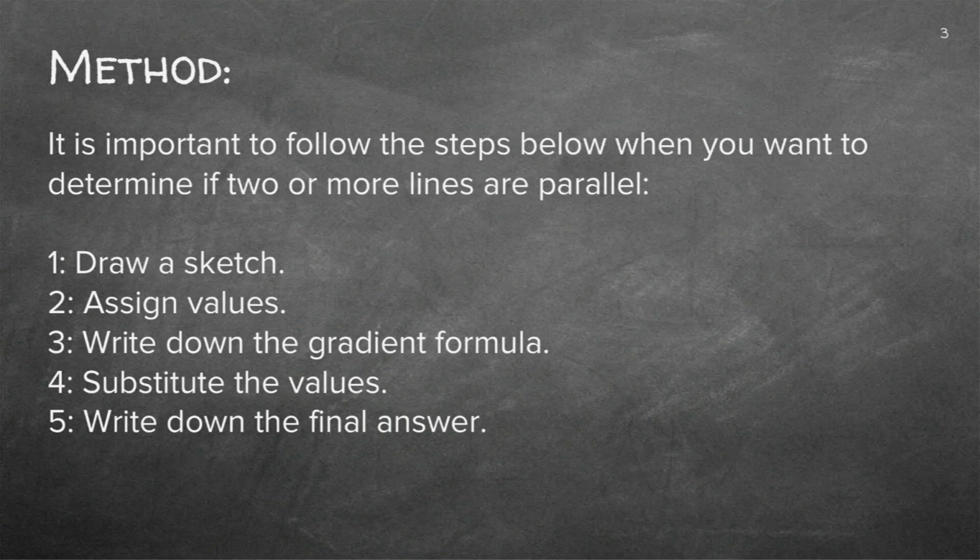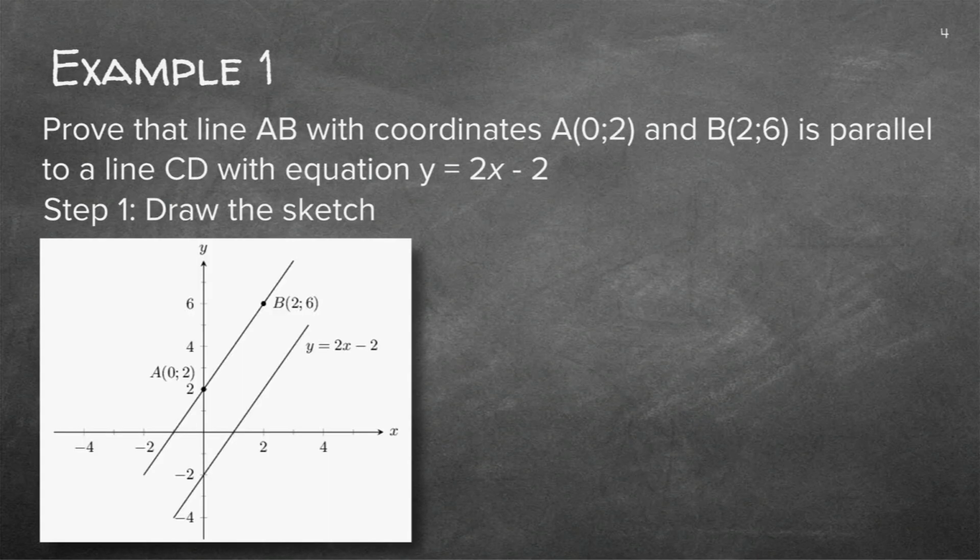Good. And as always, the method is important. You'll see the method is much the same as all the previous times. By now, I'm sure you can just say it without even me mentioning it. You draw a sketch very roughly. You assign the values. You remember x1, x2, y1, y2. You write down the formula. Why do we write down a formula? So that we can substitute it, so that we can give the final answer in proper English words.